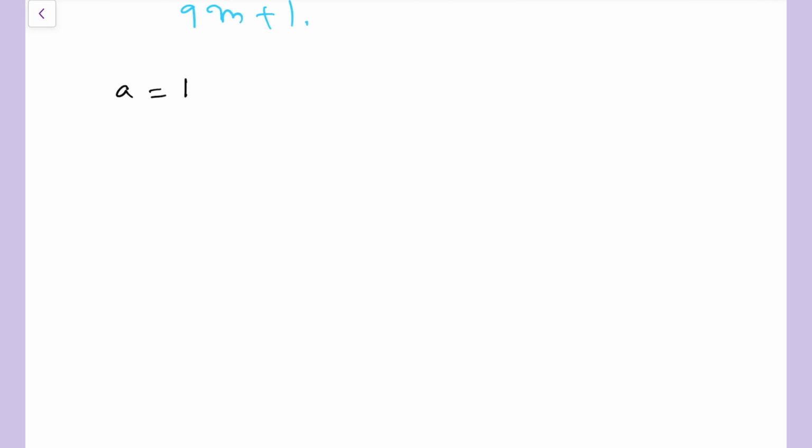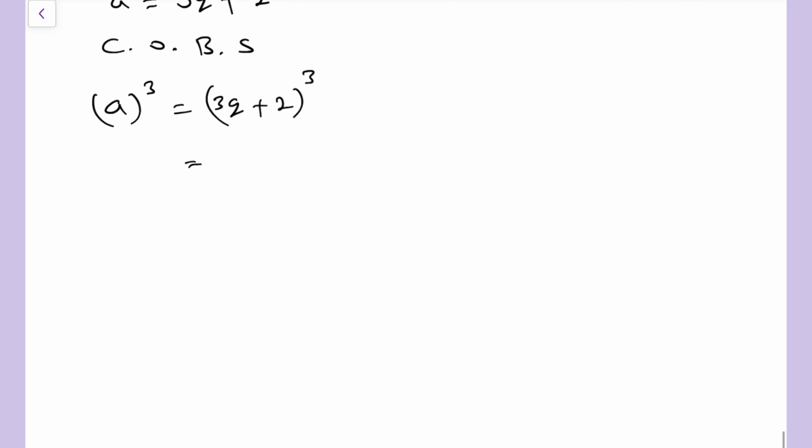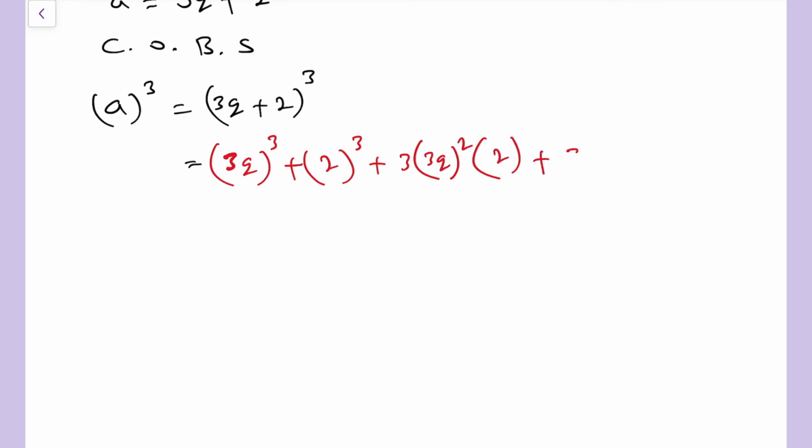A equals bq plus r. A equals b value, we took it as 3, q plus remainder is 2. Cubing on both the sides. A cube equals 3q plus 2 whole cube, which is equals to, now 3q plus 2 whole cube is in the form of a plus b whole cube. So if we expand that, 3q whole cube plus 2 cube plus 3 into 3q square into 2 plus 3